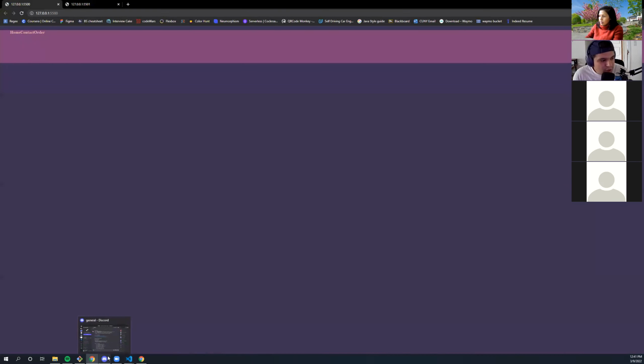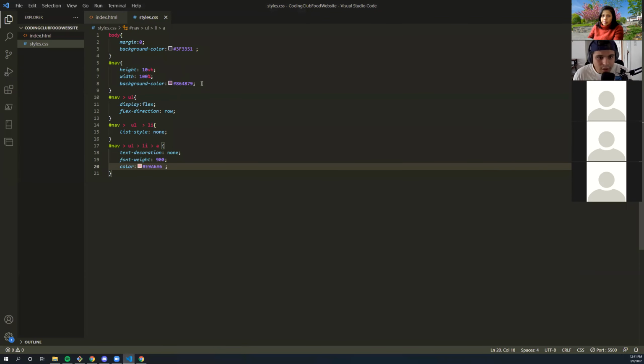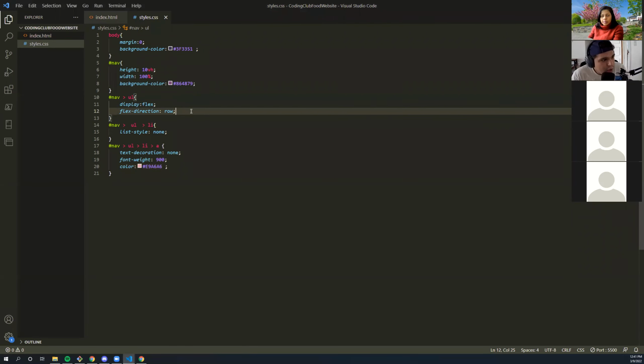But we still need to maybe separate these things a little bit. And I'm going to do that with some Flexbox styles. All right. So my UL is a container, and I want to give my container some space.